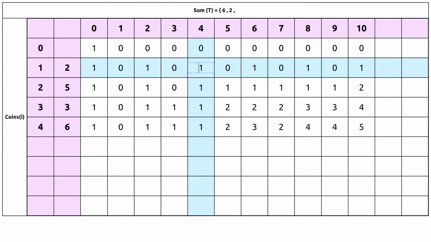When we push 2 into the stack, we move on to the cell corresponding to the reduced sum, that is 4 minus 2, that is this cell. Here again, it's greater than the previous row, so this means we can again include 2. So we take the inclusion choice. Once you include 2, the reduced sum value is 2 minus 2, that is 0. Now since we have reached the sum value of 0, there are no more items, no more coins, that can be included.